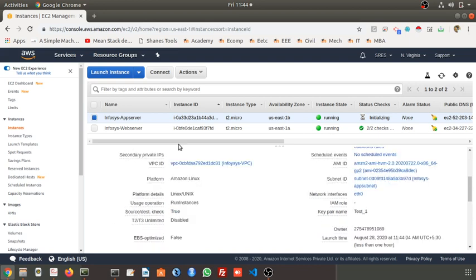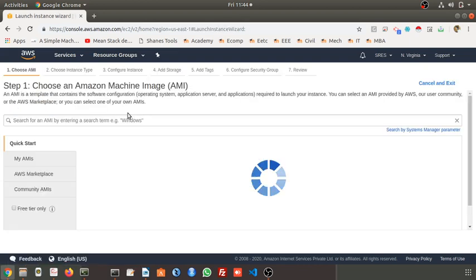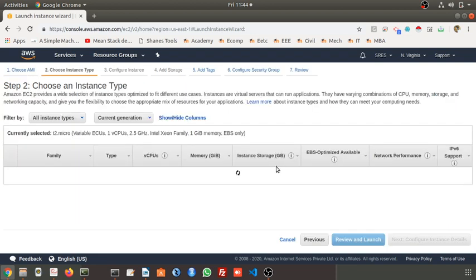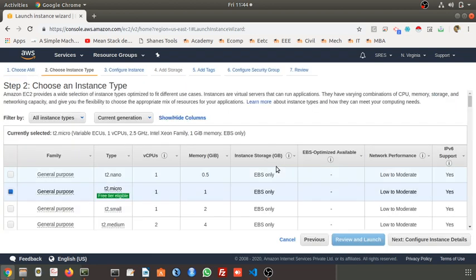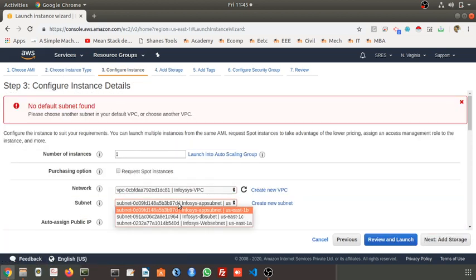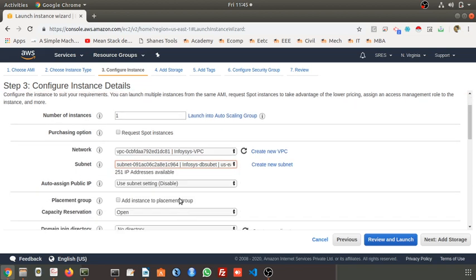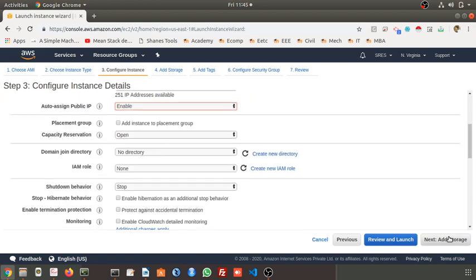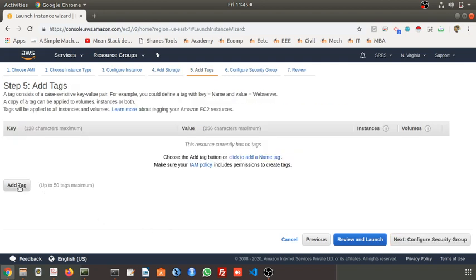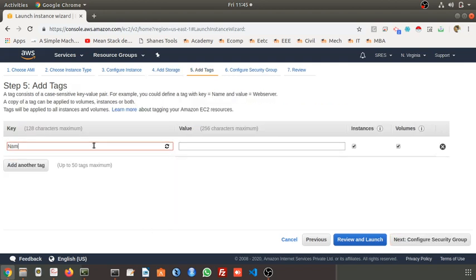Next, we will create one more. I will use the same. Go here and select the VPC, and this one I will place in the 1C availability zone. Enable it. I'll use the default size. Add the tag here.